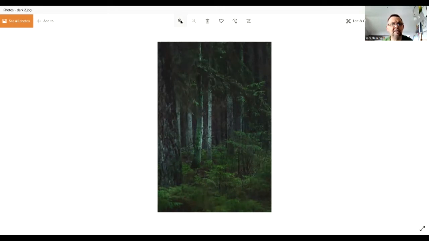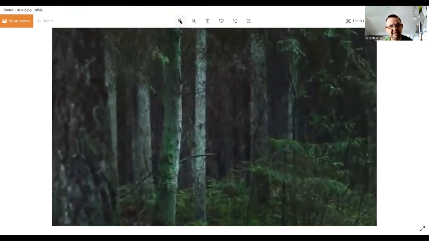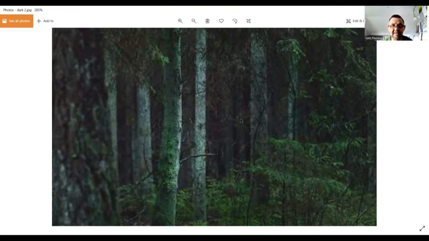So if I can maybe enlarge this, bring this up a little bit for you, let's have a look at that. Now you can see what I mean. We have here a lighter tree, a very much lighter tree there, obviously depending on where the light's coming from, but the trees are lightish shapes and the spaces in between are very dark. If you look at this space, for example, you'll see other trees there, but look at the difference between the very dark and the slightly lighter. It's just slightly lighter. So there's not a very high contrast going on in there simply because there isn't any light or there's very little light. Whereas as we come out here, the light increases, therefore we get more contrast,